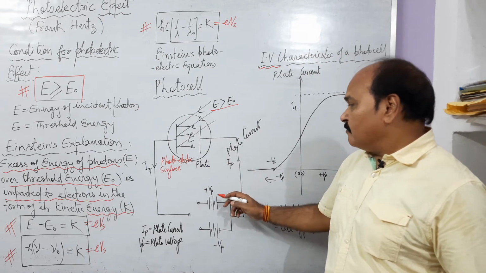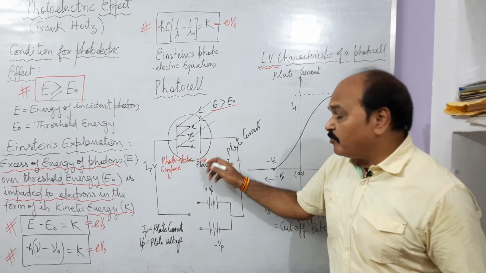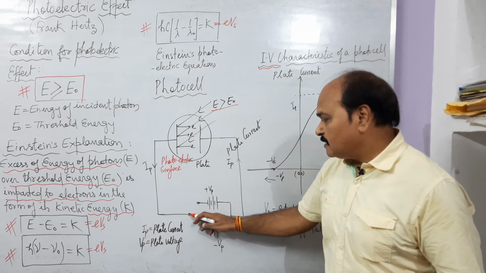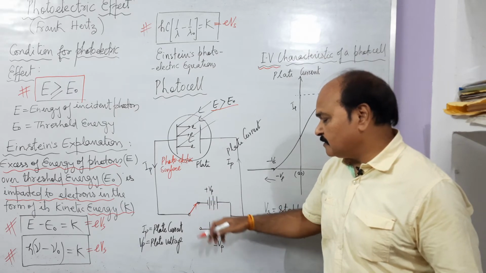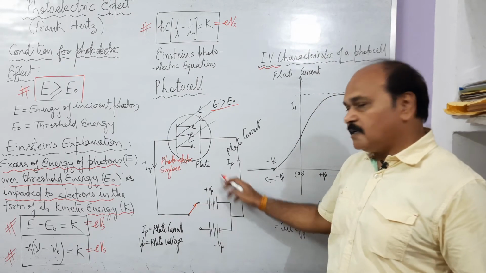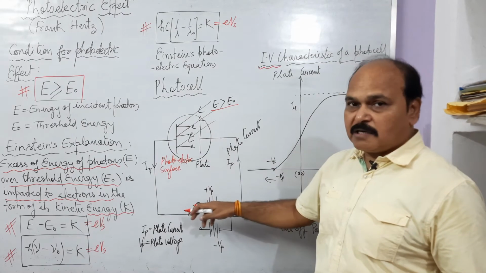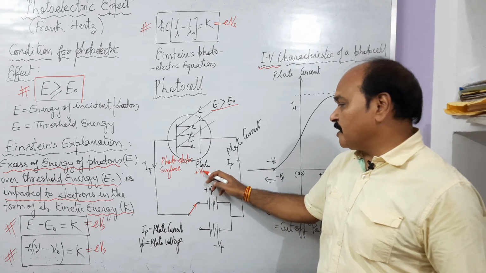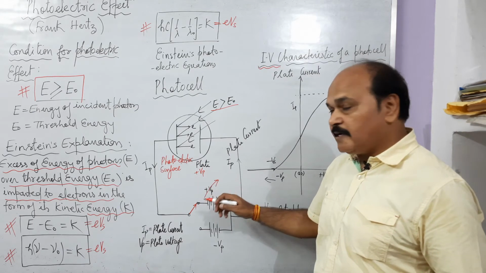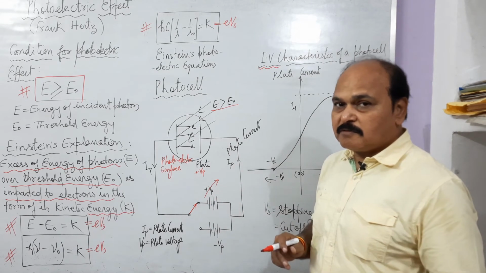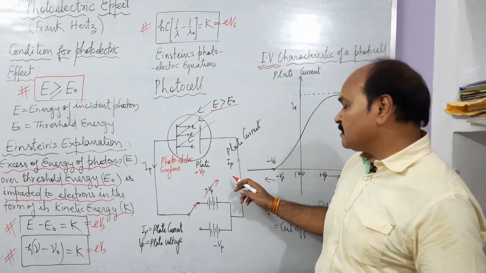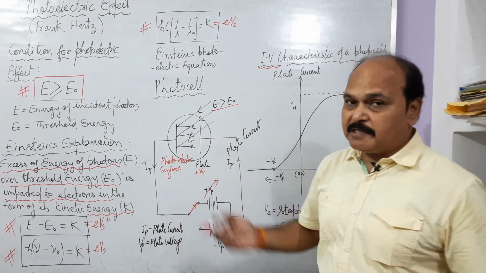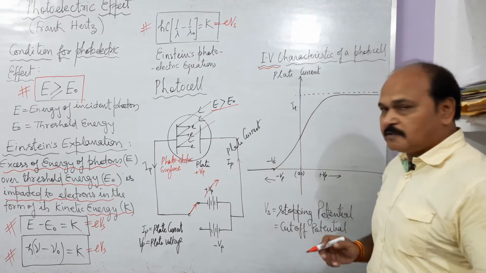First we make this plate positive. First we give positive potential to the plate, and for that we connect this three-way key like here. So first we connect this battery with this photocell. That means this plate has been given positive potential, and this positive potential is varied right from 0 to higher values. So what happens as we vary the voltage? What happens to the current in the circuit, which is the plate current, is what is plotted here.